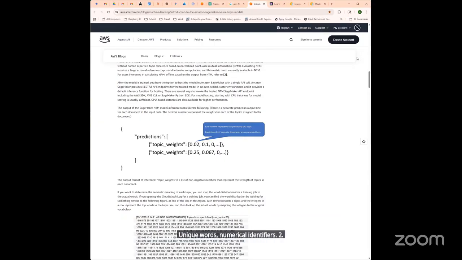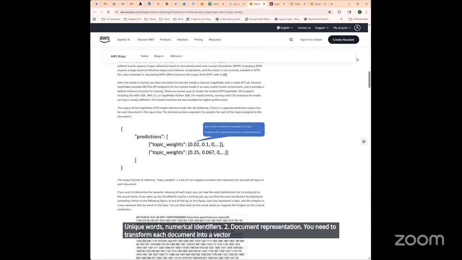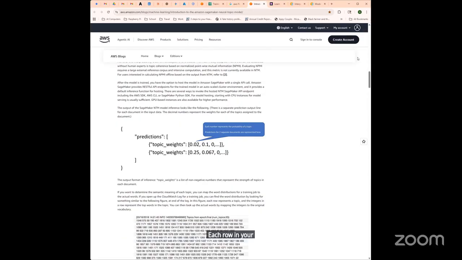2, document representation. You need to transform each document into a vector of word counts. Each row in your data set represents one document as word frequency indices. 3, formatting. You need to use CSV or record.io protobuf format. The file mode works for smaller data sets, but pipe mode is preferred for large corpora as it streams directly